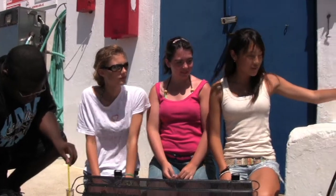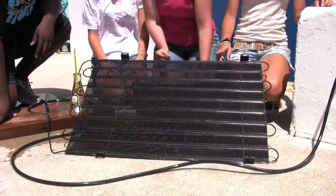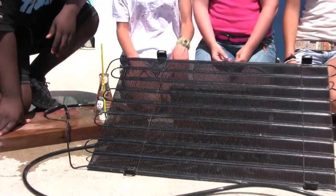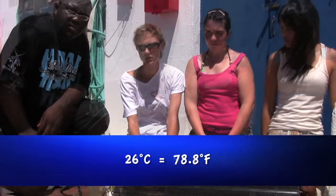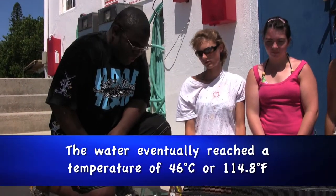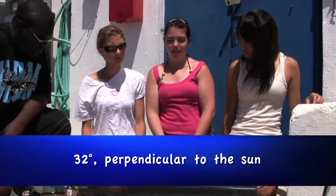Okay, we got fresh water from here, and then we connected it to this, the back of a fridge, so that it goes through and then creates warm water. And it's black, so it's absorbing the radiant energy and it's converting it into thermal energy. The water when we first started was 26 degrees and it is now 34. So it's already getting warmer, and it could probably get a lot warmer than this if we leave it out. We set it at a 32-degree angle heading towards the sun, so it would absorb more sunlight and create thermal